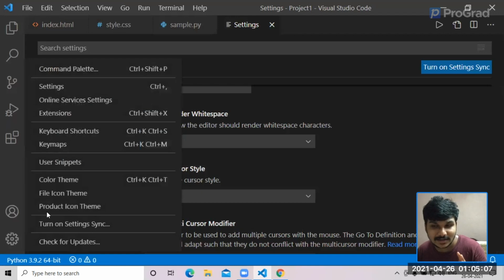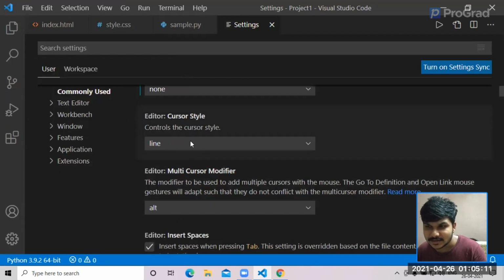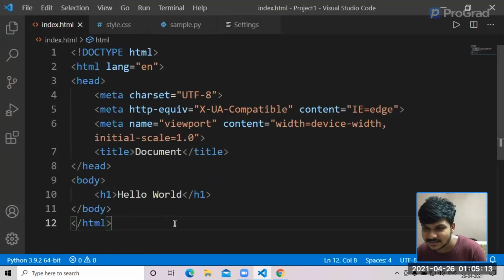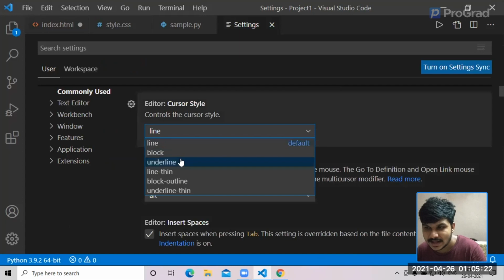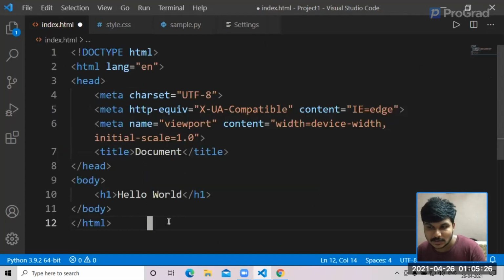You can go ahead and click settings and go to settings here, and you could see each and everything. So editor, cursor style, you could see the cursor style, something like a blinking thing, right? A blinking thing which used to blink as a single line. But then you can obviously change that. The way you change that is go ahead here and select block. If you select block, it appears like this. Okay, it appears like a box kind of thing where it keeps on blinking. But then that's cool.